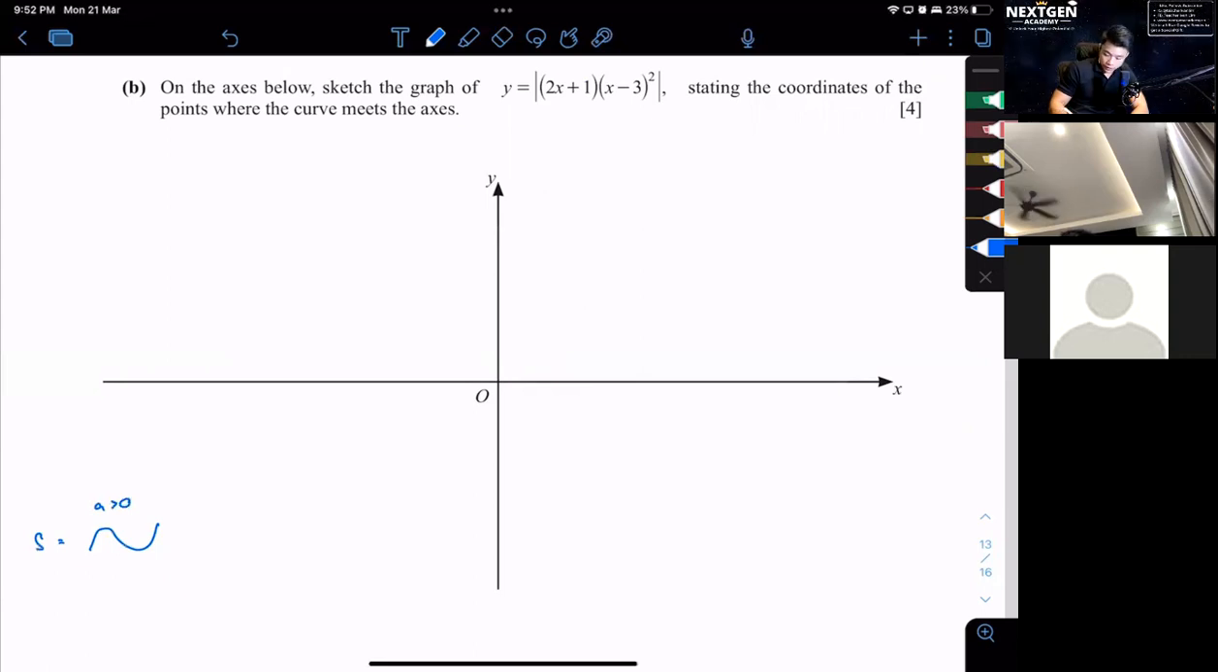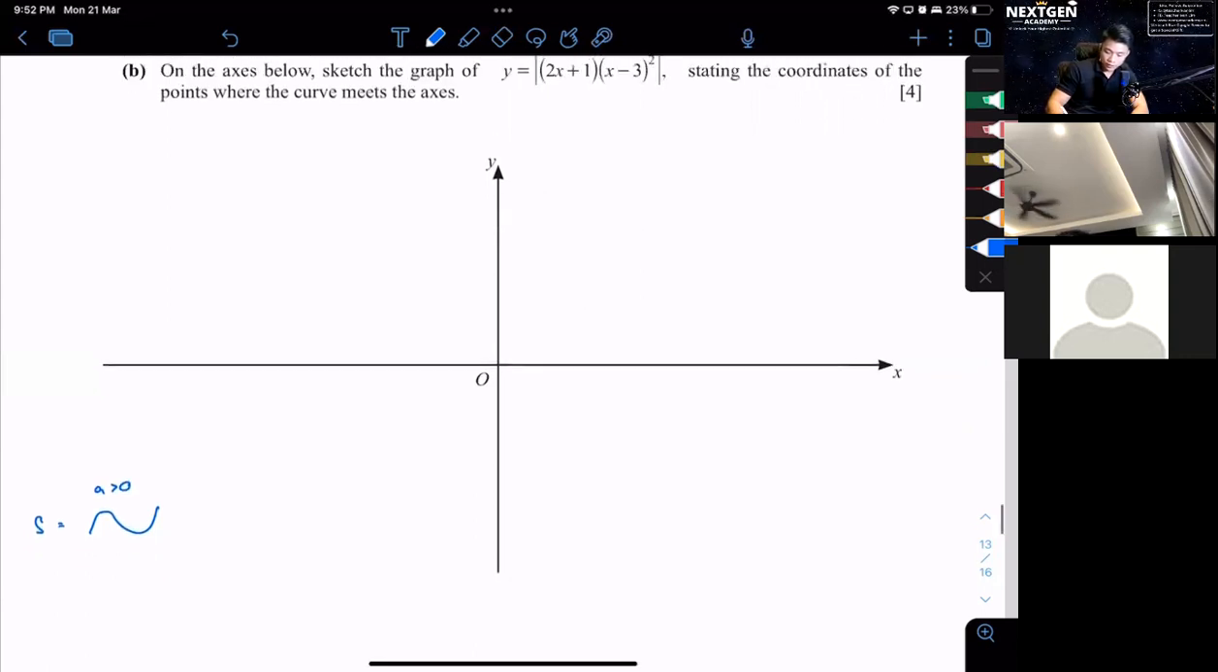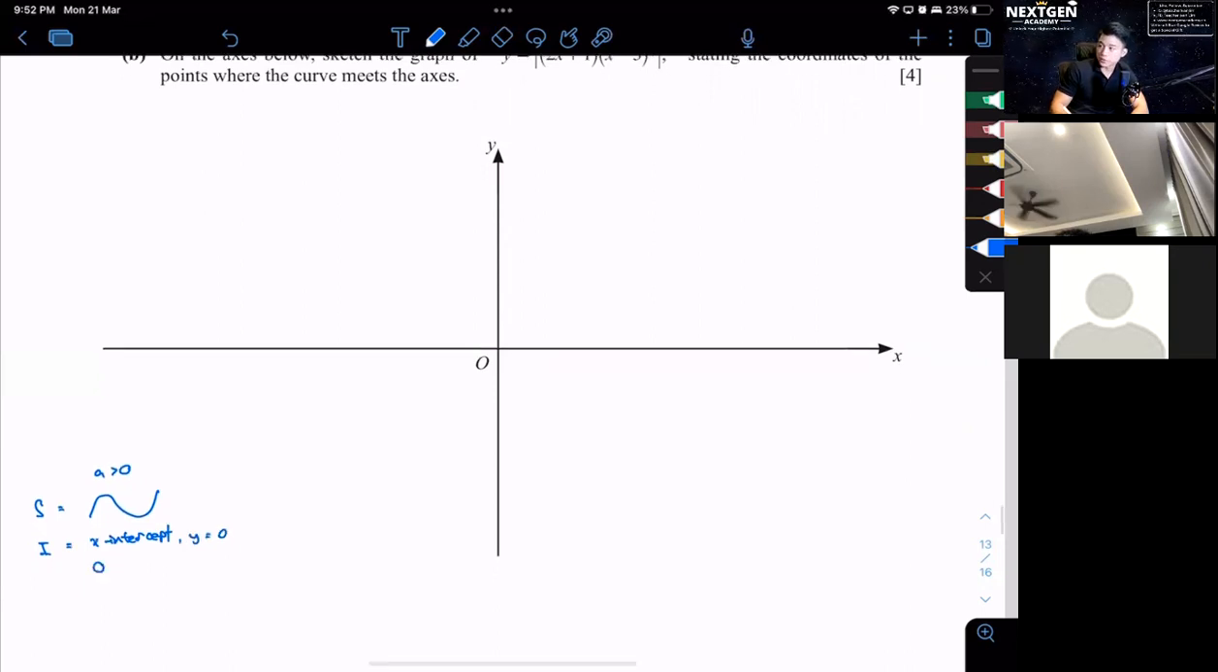Okay, then we need to find the intercept. So the x-intercept is when y equals 0. I will find the original one first, because I sketched the original one first, then only I flip it up. So it's not so confusing. So you will get this one,